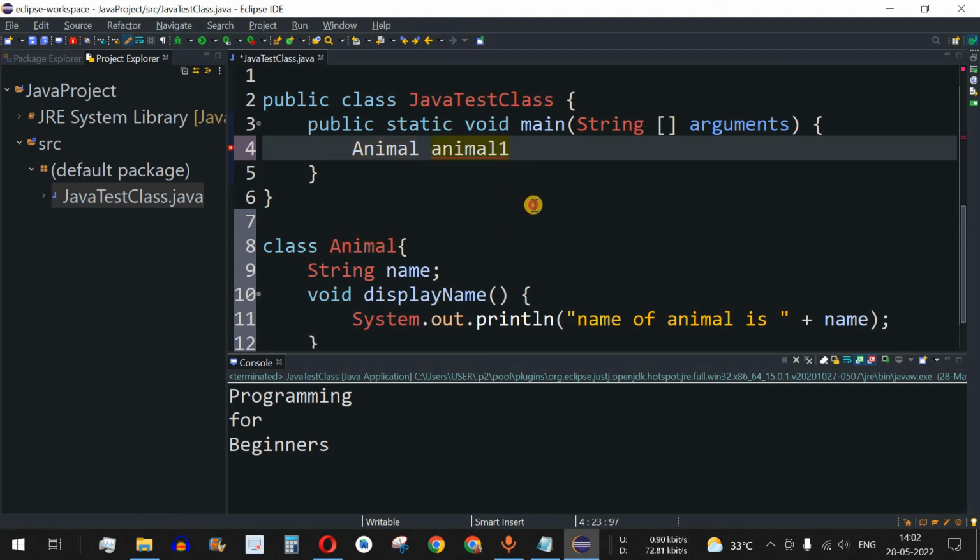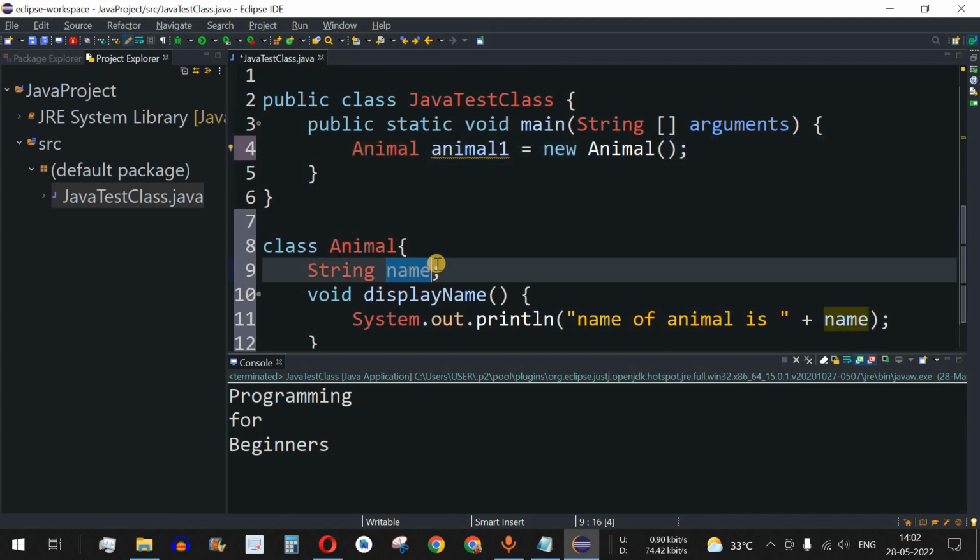Over here we are going to create the object with the variable name animal1, followed by the equal to operator and the new keyword. This is important. This is the way in which we create the object of a particular class. After the new keyword, we have the class name that is to be used, which I have just pasted over here, followed by open and close brackets and then a semicolon. This is the syntax in which we create the object: the animal1 object is created of the class Animal, and we use the new operator followed by the class name.